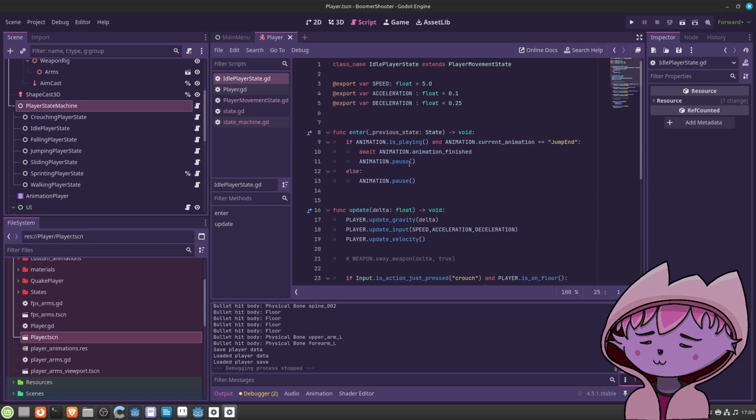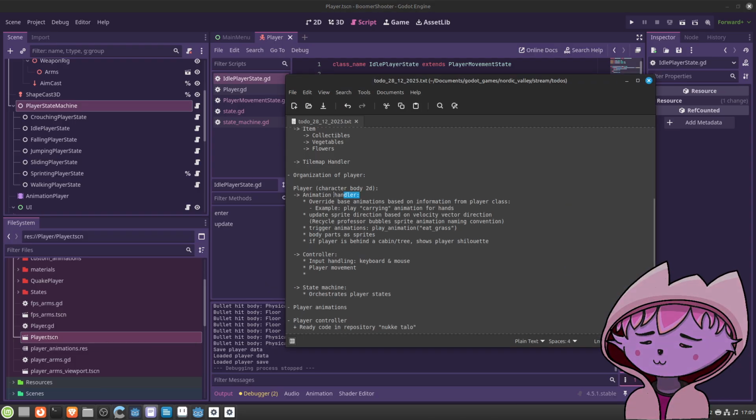And then the animation is, like here, updated underneath the enter state. And that is then updating the animation handler. I think that's okay.